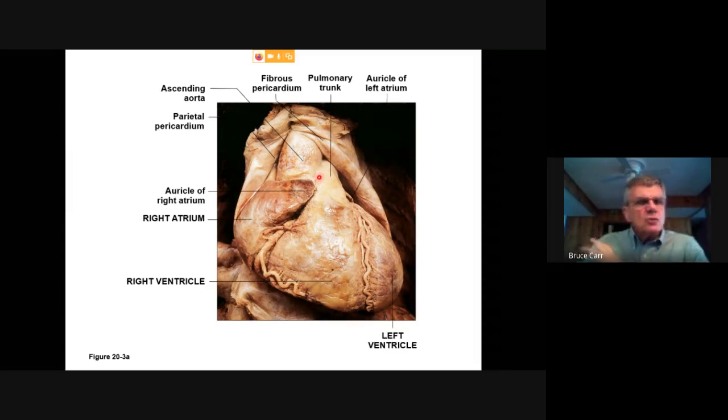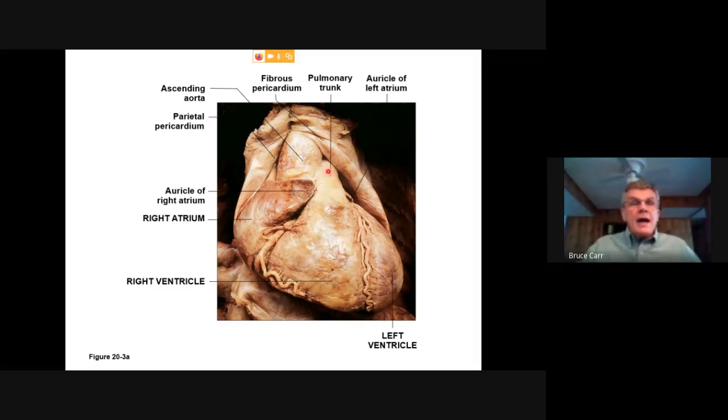If you've ever watched a hydraulic system with hoses, especially fire hoses when they turn on the water, you have to have a hold of that end, that brass nozzle, when a fire hose is turned on, or the water pressure will cause it to flap around. And the same thing is happening here. You're not only pumping blood out, but you're asking it to change direction based on the shape of the vessel. So this is a moving organ that's producing a pulse in these vessels. And so they're almost braided together to support one another and to absorb that expansion and contraction